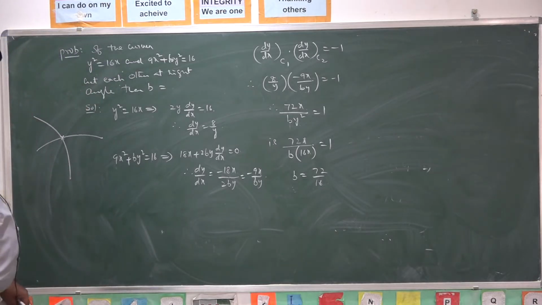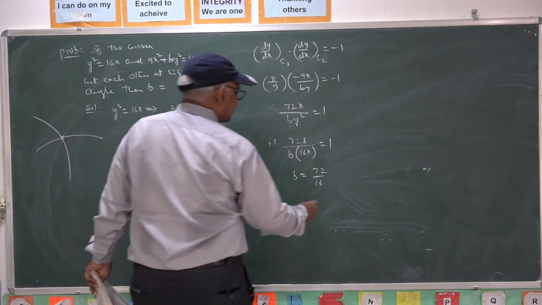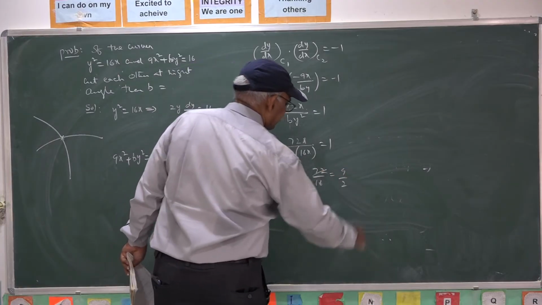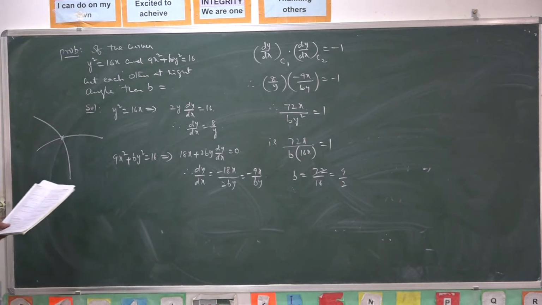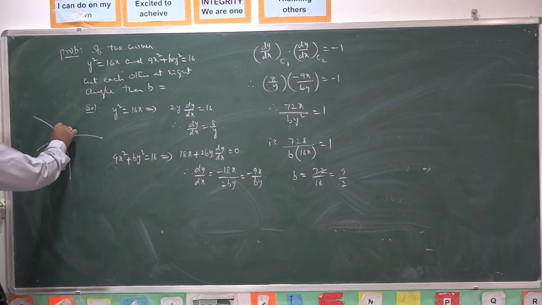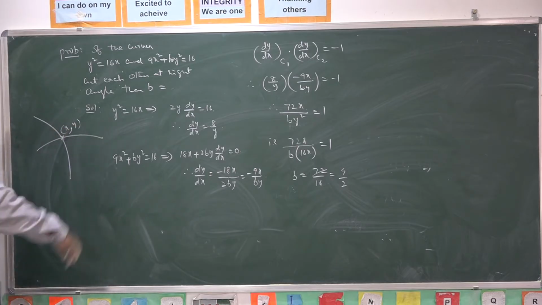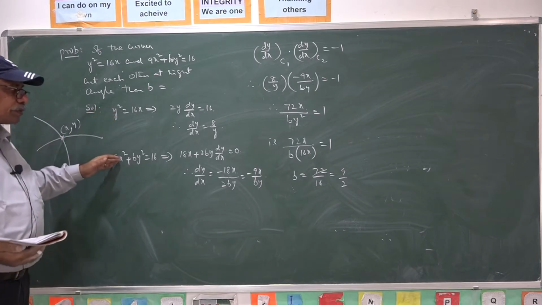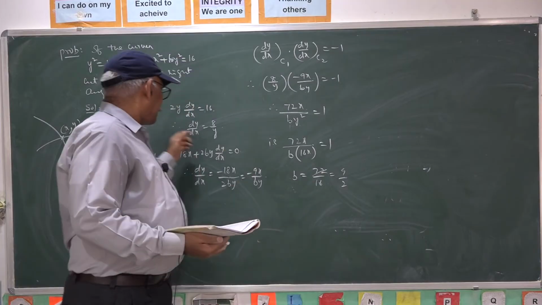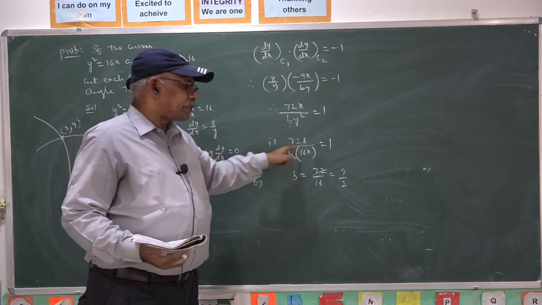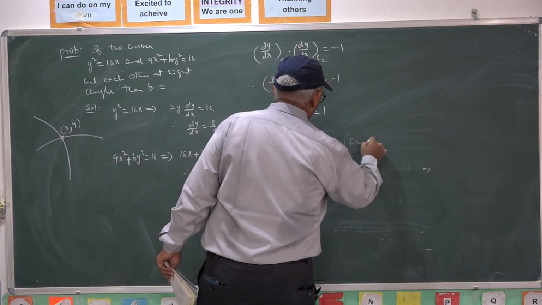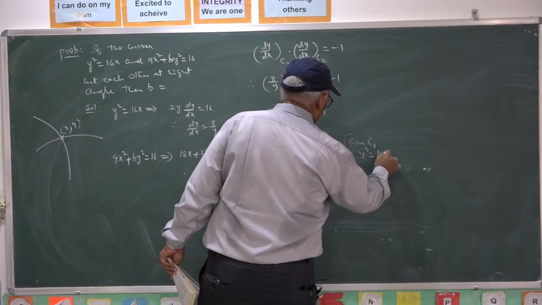72 by 16, hence this is 4, 8 9s, 8 2s. The value of b is clearly 9 by 2. I am taking the intersection point as x comma y itself, a common point to both the curves. At that point only the derivatives are considered. So hence straight away I can take y square as 16x here, since from C1, curve 1, y square is 16x.